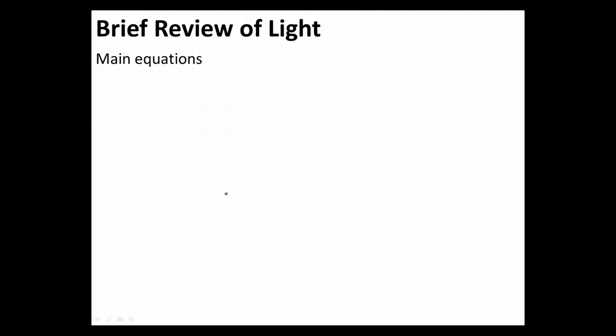molecular scale. All right, so our main equations for this, we're going to have the speed of light, and speed of light is going to be in units of meters over seconds, equals, and we're going to have our frequency, which is given by the variable nu, and that's going to be in units of 1 over seconds. And you can see from that, that means that the other thing we'll have to account for is meters. That will be from our wavelength, which is given by lambda, and that will be in units of meters,